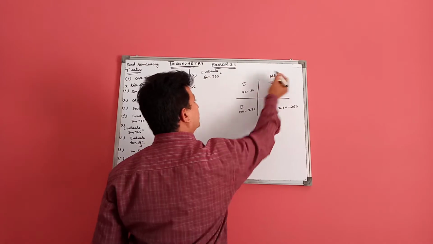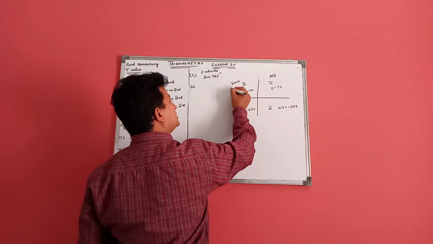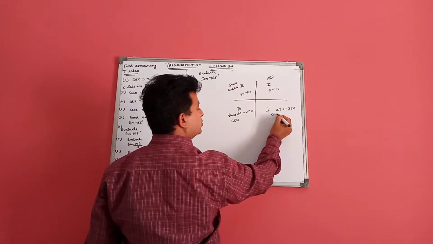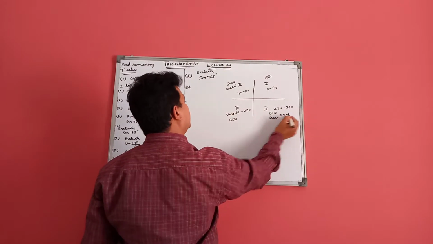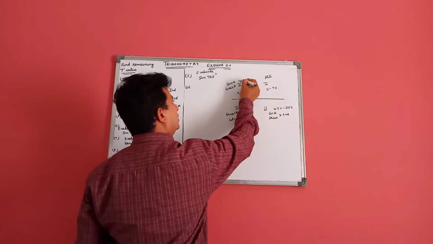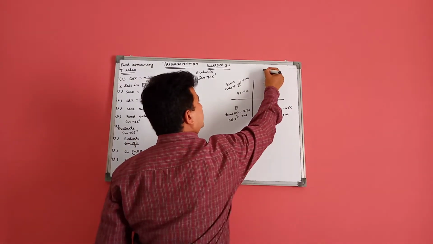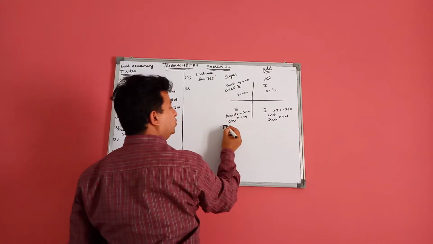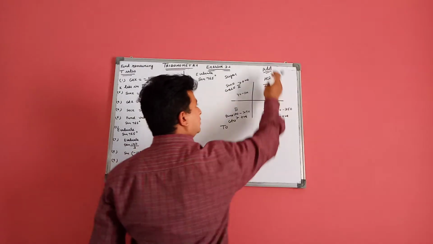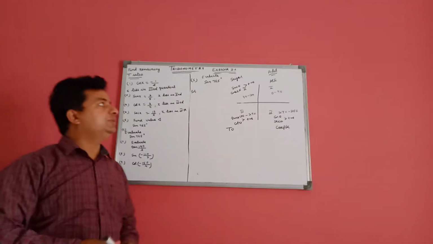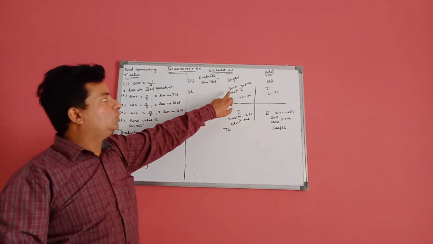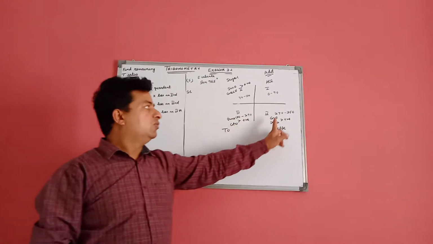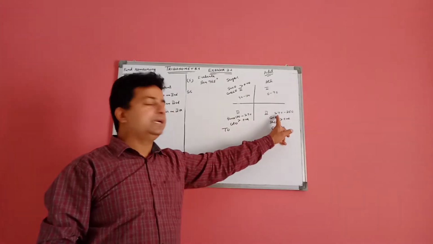In the first, all are positive. In the second, sine and its reciprocal cosecant are positive. In the third, tan and cot are positive. In the fourth, cos and secant are positive. The remaining T ratios are negative. To remember this, use the phrase: Add Sugar To Coffee. From A, all T ratios are positive. From S, sugar, only sine and its reciprocal are positive. From T, tan and its reciprocal are positive. From C, coffee, cos and its reciprocal are positive.